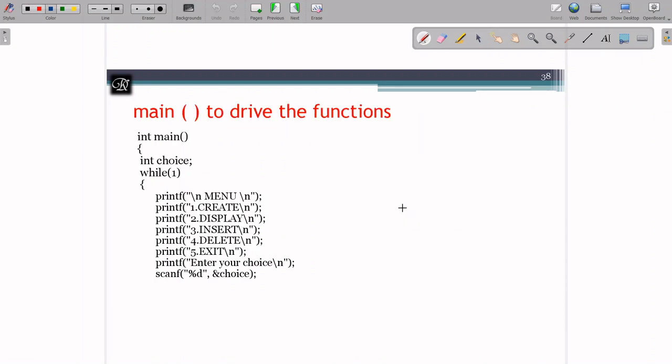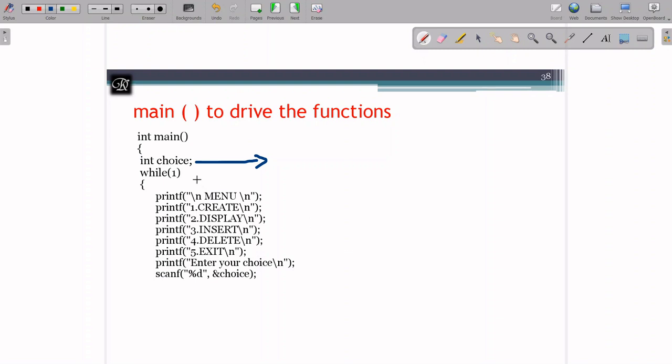And we'll see how our main function looks like, because we know that in C language main is the entry point of the program, right? So the main function has something like, as I told you, it's a menu driven program. I need a variable called choice, because I'm going to give you a menu list where you have to choose one of the menu options, then only your choices are going to execute.